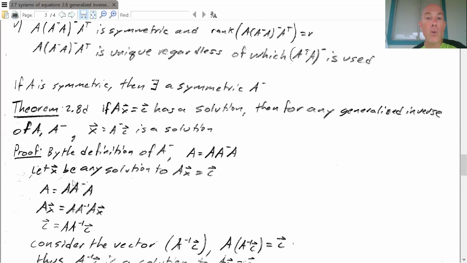But I'm going to grab a solution to this equation, that's X. When I take this equation, I'm going to multiply both sides by X. Here, A times X by hypothesis is equal to C. And this is equal to C. So this is C, this is C. So C is equal to